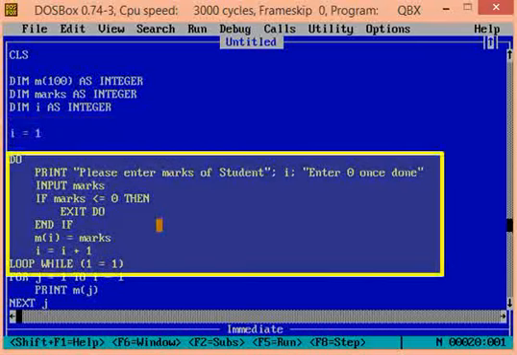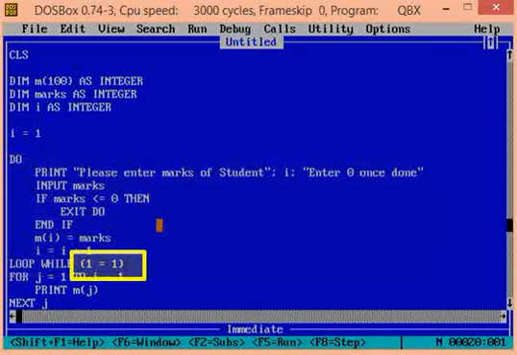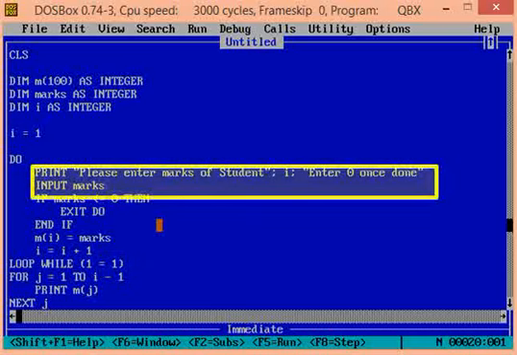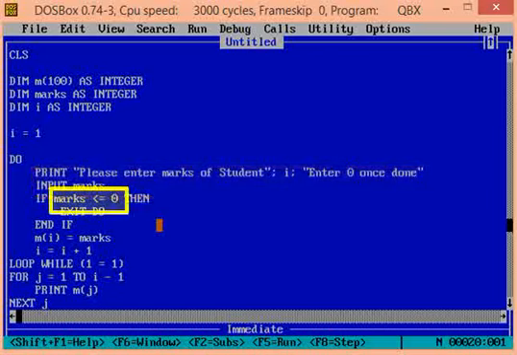Then we have a do-while loop. Note the condition of the do-while loop, that is 1 is equal to 1, is always true. We take input from the user, that is marks obtained by student number I. Then we check if the marks are less than or equal to 0.